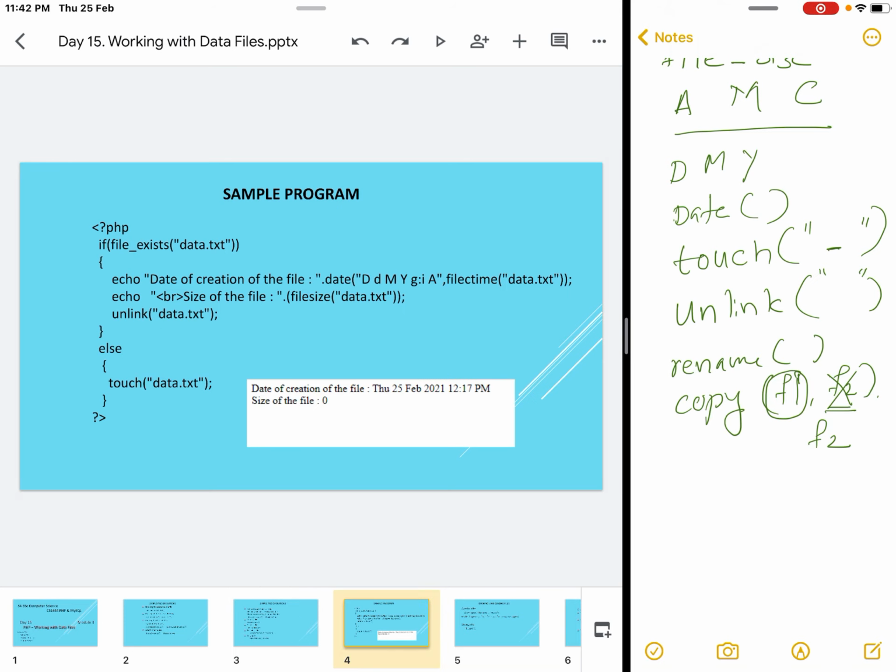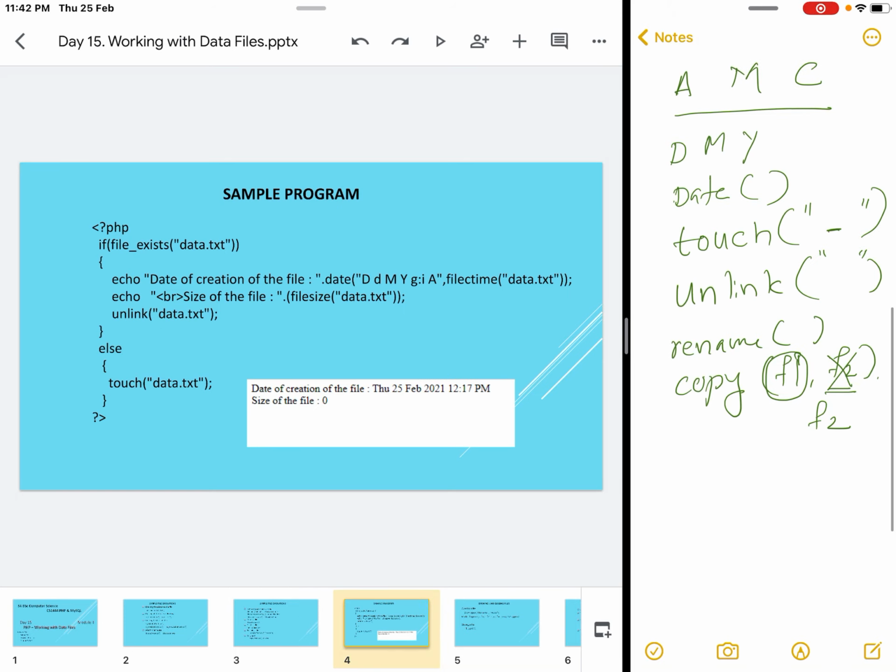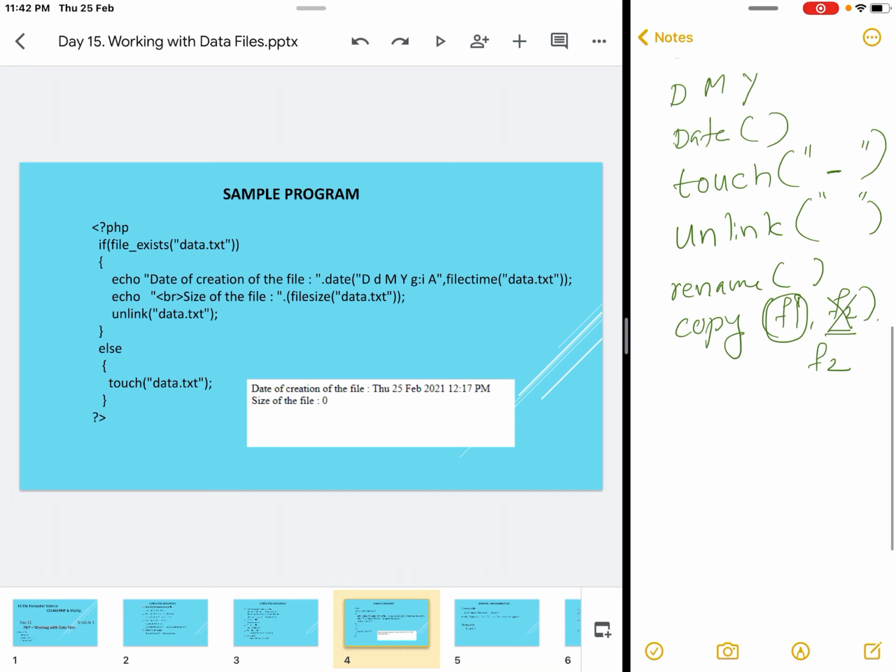Here is a sample program demonstrating the basic file operations and file handling library functions. This program checks whether the file data.txt exists. If it exists, it returns the date of creation of the file in DD-MM-YYYY format, and the file size is also retrieved using the library function filesize.